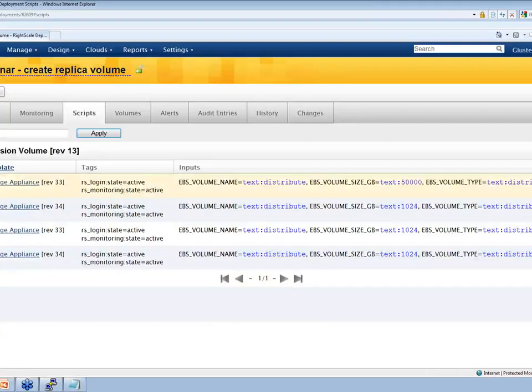We only need to run it on one instance, and it doesn't matter what instance you run it on. In this case, we're going to build an EBS volume called distribute. This is a vanity name. You can make this whatever you want. It would likely be photographs or videos or whatever you'd like to make it. In this case, I'm going to make it 50 terabytes,